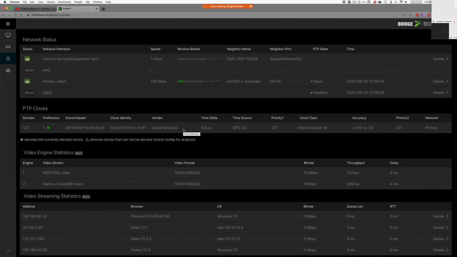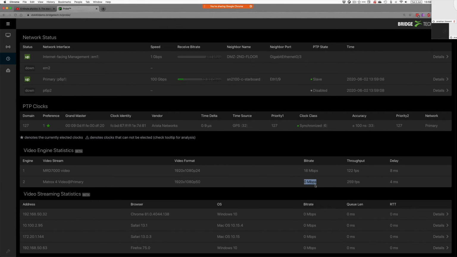If there were any boundary clocks, they would appear here. We would see the difference between the master clock and any other clocks, and we'd be able to see whether they were synchronized or non-synchronized. And then any web browsers that happen to be looking at any of the live video, you see down